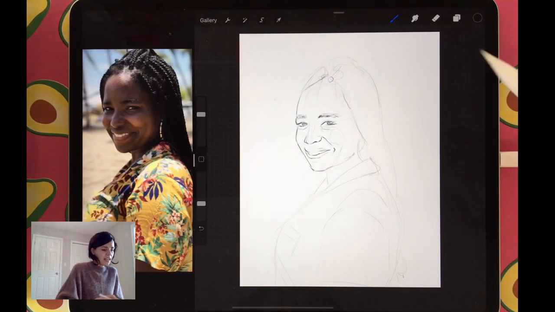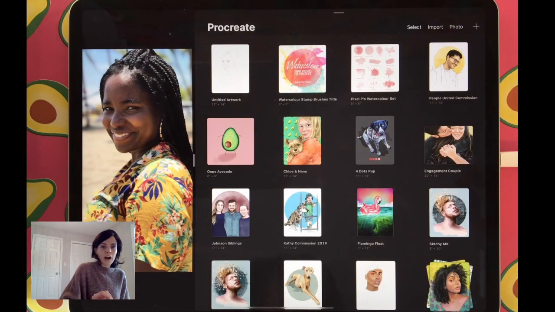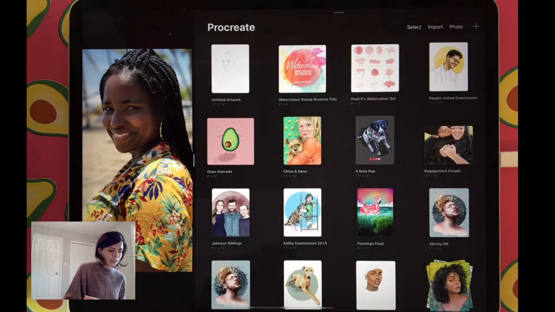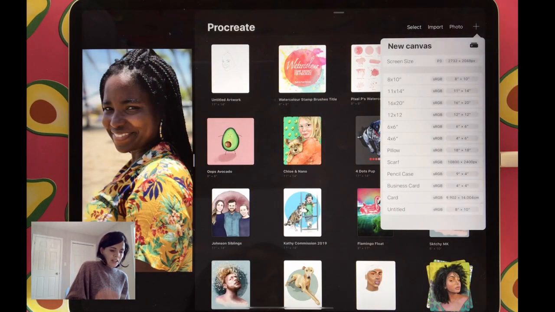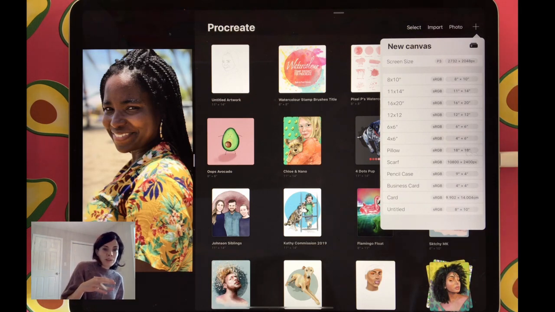Okay, so I'm going to go back, and I wanted to talk about some of the new features of Procreate 5. If you're not sure which version you're running, you can click on Procreate and see the version here. So it's 5.0, it's brand new, it just came out not very long ago. If you're used to the Procreate 4 version, you're not going to find it, I think, too different. It's just that they've added some new features. And maybe there's a few places where some of the menu items have changed, but overall it's the same Procreate